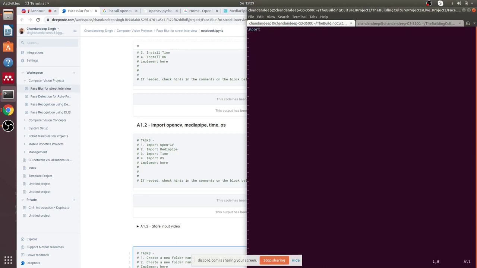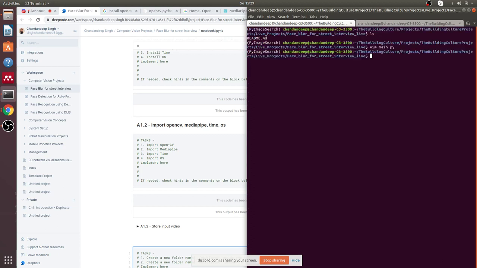So just import cv2, import mediapipe as mp, import time, and import os here, right? So this is one particular activity that is done,